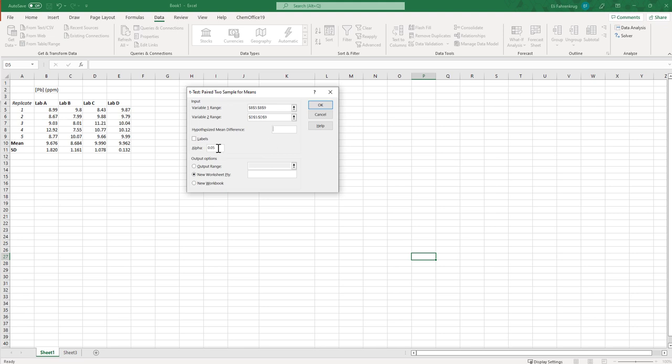Alpha is 1 minus that confidence level. So if we're trying to determine this at 95%, that means if there were a difference in the mean values between these 2 labs, A and C, at 95% confidence, any difference we would find would only have a 5% chance of being simply due to random error. And in chemical analysis, we're often doing things at 95% confidence. So we'll leave this as default,